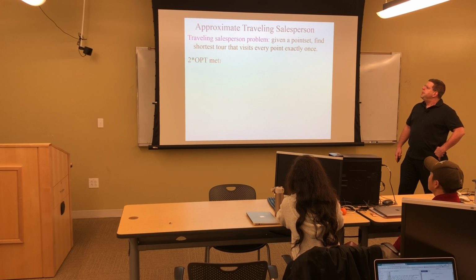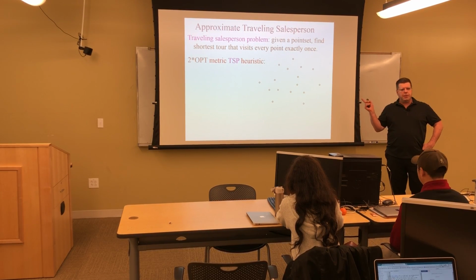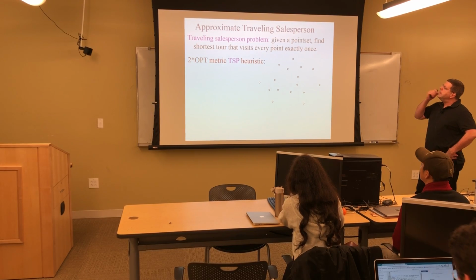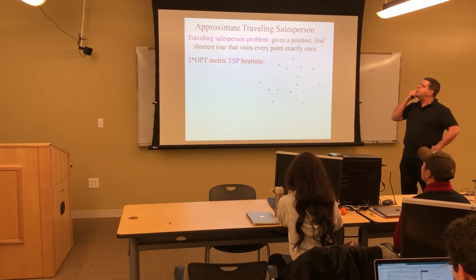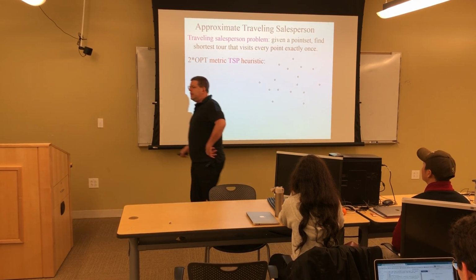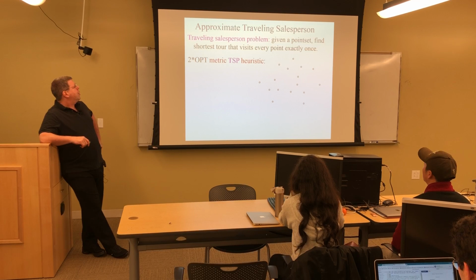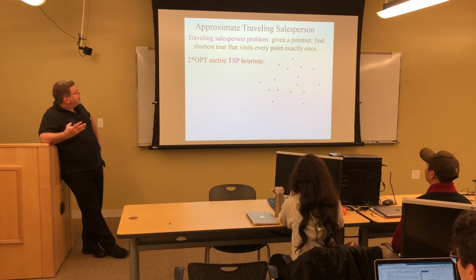I think we stopped with traveling salesman, is that right? Did we? Yeah. So traveling salesman, we're going to present now a 2-opt approximation heuristic for traveling salesman. So this works when the triangle inequality holds. So traveling salesman is again NP-complete. Not only that,